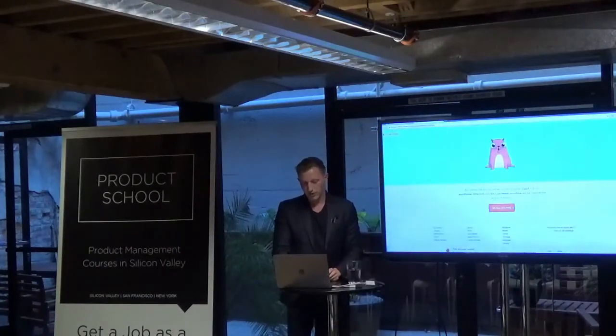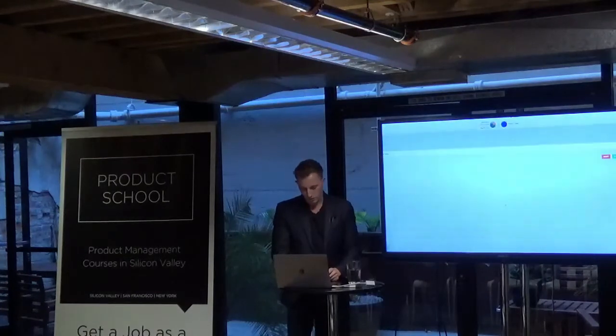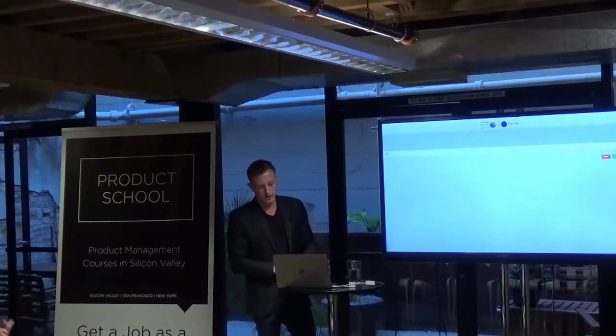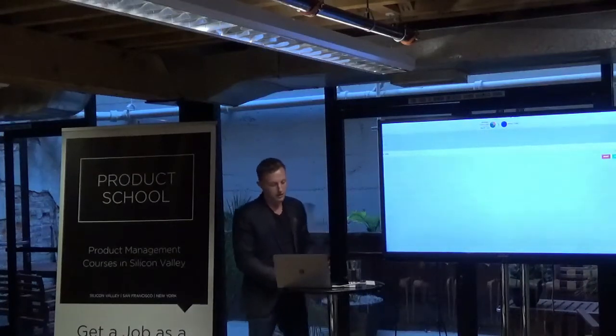As soon as I hit this, it'll trigger MetaMask and create this transaction. And here you can see,